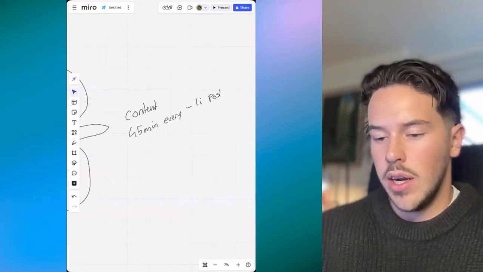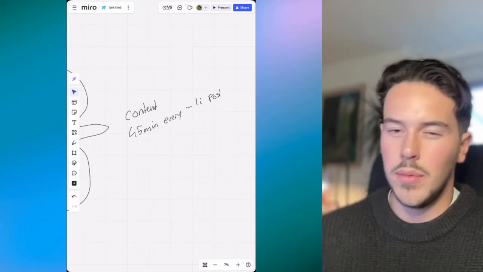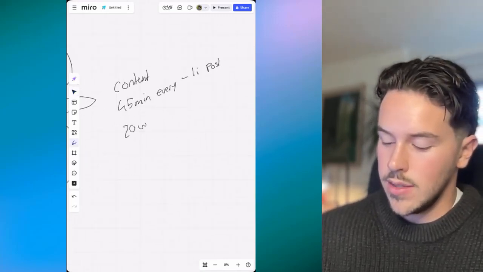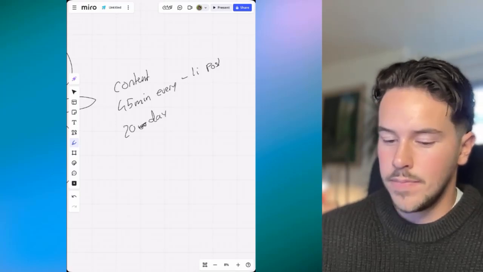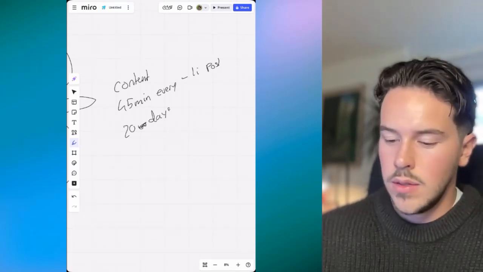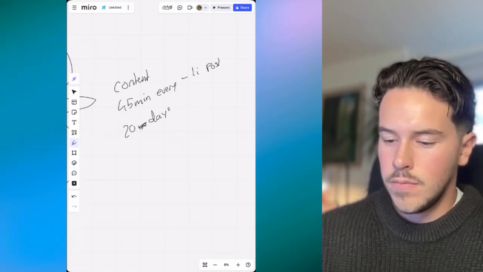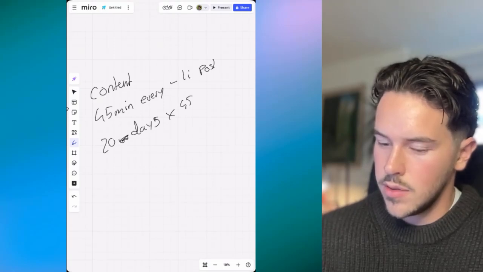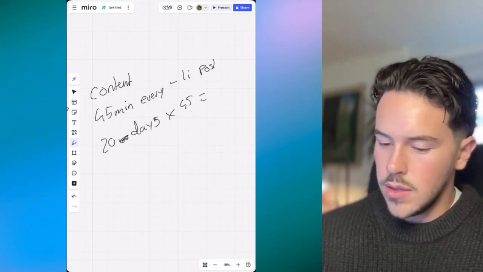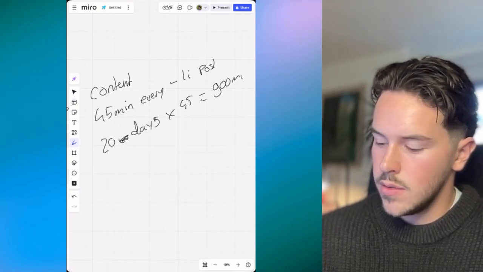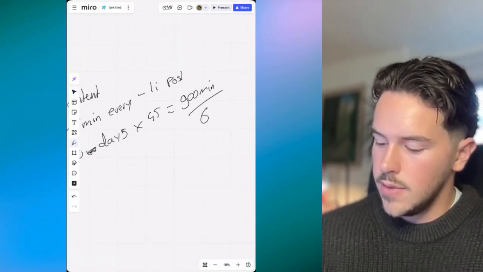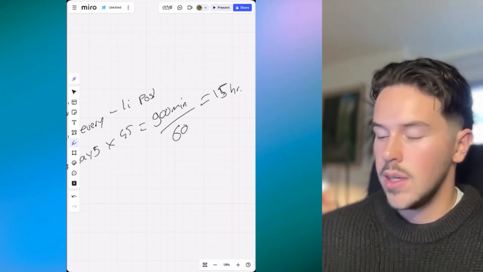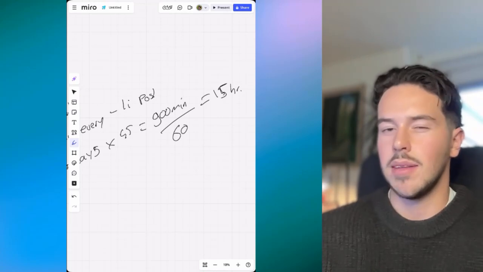Well, if there are 30 days, or maybe let's say 20 days, because we're not going to work on the weekends, 20 days times 45 minutes is 900 minutes, divided by 60, 15 hours. And I'm not exaggerating, it's like the minimum.